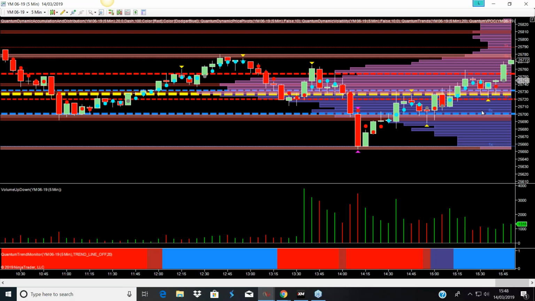But what it also would do is it would be going into an area which is a high volume node, and here the price would have a bit of an effort, a bit of a struggle. It would need extra fuel from down here to actually move through. Now, the good news is if it gets up to here,